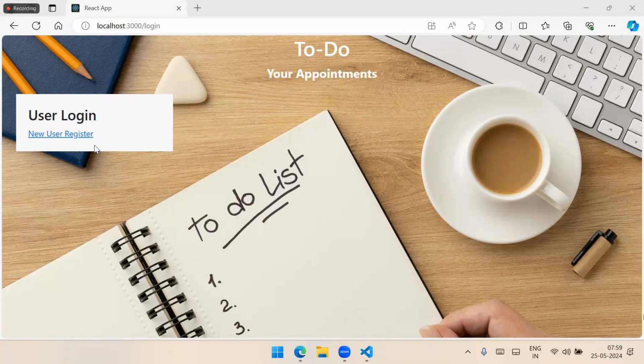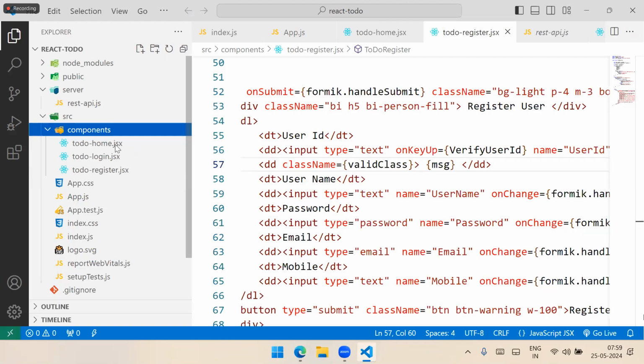So let's see how we can handle that. Two more components to add. Login is already there, and we will add a dashboard. Dashboard should appear when the user successfully logs in. If the user doesn't successfully log in, we will add